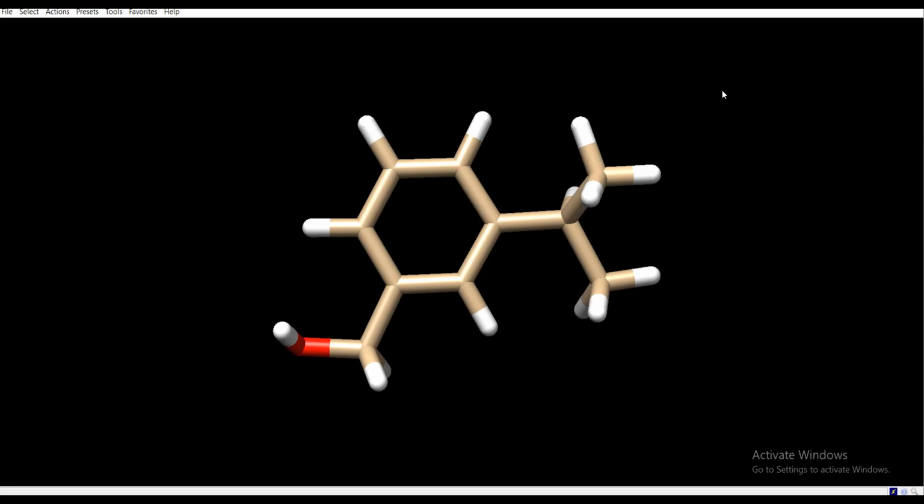And I also showed you, in case you could not download the 3D, maybe you only got 2D, you download the 2D and you can use the Avogadro software to convert the 2D to 3D. So